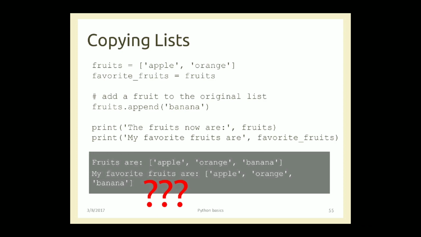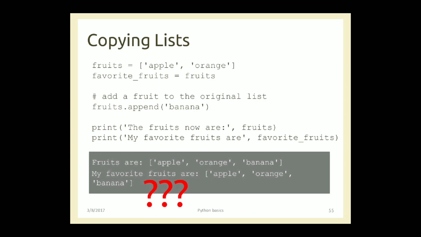It's just referring. So if I make any changes to the initial list fruits, all the changes will be reflected as they are in the list favorite_fruits. There will be no separate copy of this list. Let's take this example by appending a new item, banana. So I've written fruits.append("banana"). If you print fruits, the answer will be apple, orange and banana.